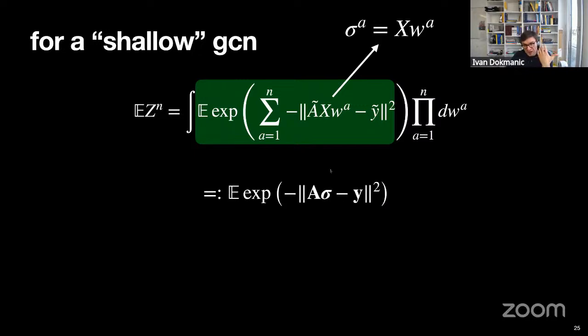Now, if you look a little bit at these kinds of expressions, this is the kind of problem that you can solve if the argument of this norm here is a jointly Gaussian vector, right? So if this argument is some vector that has a jointly Gaussian distribution, then actually we can compute these expectations in closed form. Okay, we have a formula. However, this here is related to some binary adjacency matrices, etc. This is definitely not jointly Gaussian. Now, the whole argument hinges on showing that as the system becomes larger and larger, you can appeal to some form of the central limit theorem to argue that this is becoming more and more Gaussian.